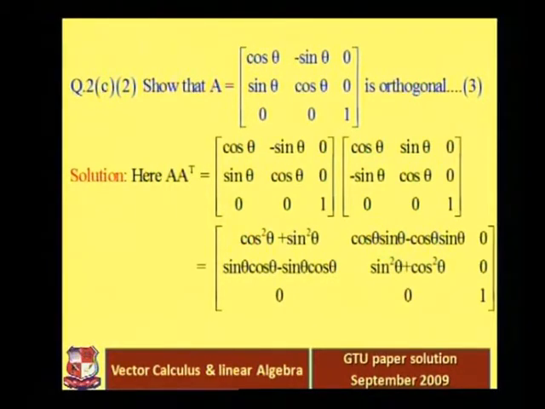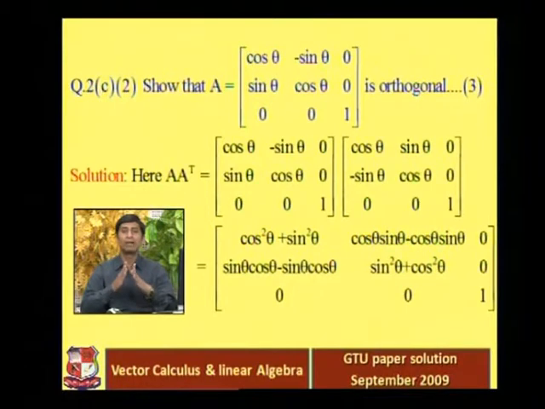But I am talking about the general case: when we multiply one matrix by another matrix, the first condition is that the number of columns in the first matrix is equal to the number of rows in the second matrix. Otherwise you cannot multiply those two matrices. And the new matrix, the product of those two matrices, is in the form of the number of rows of the first matrix into the number of columns of the second matrix.